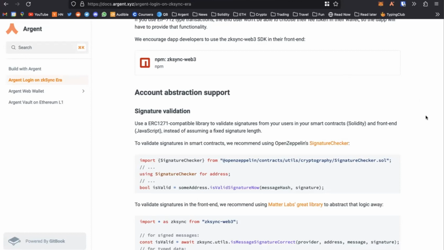Validation abstraction means you can code yourself the function that decides if a transaction that wants to be sent by this account is valid or not. So first of all, I need to deploy some wallet account contract to the blockchain, and then use this custom logic. Is it right? Yeah. Okay.